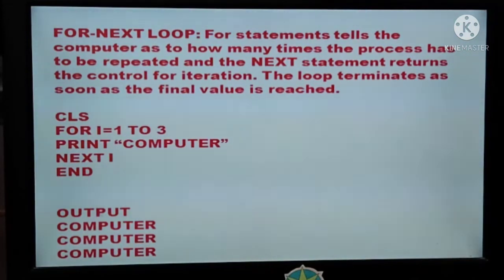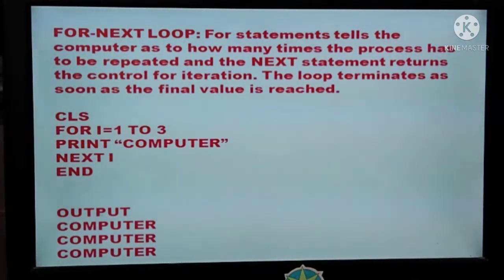We use the for next loop when we know how many times a loop is going to run. Here I have written the program: CLS, then for I equals 1 to 3. This is the syntax. That means the loop starts from 1 and will continue till 3.